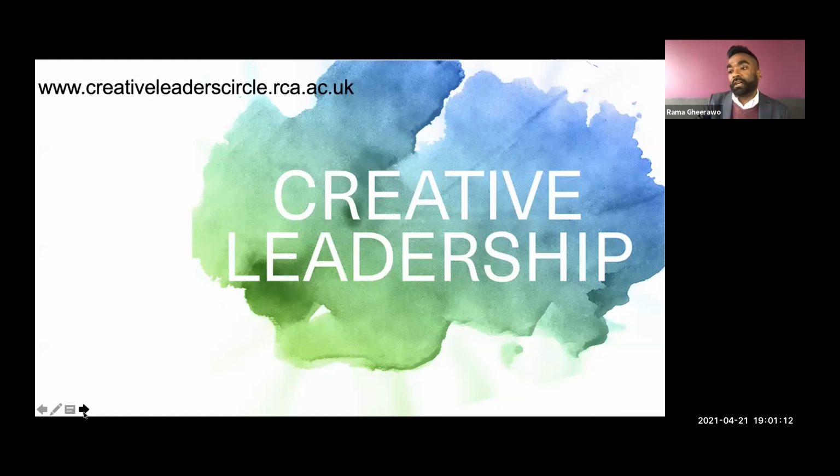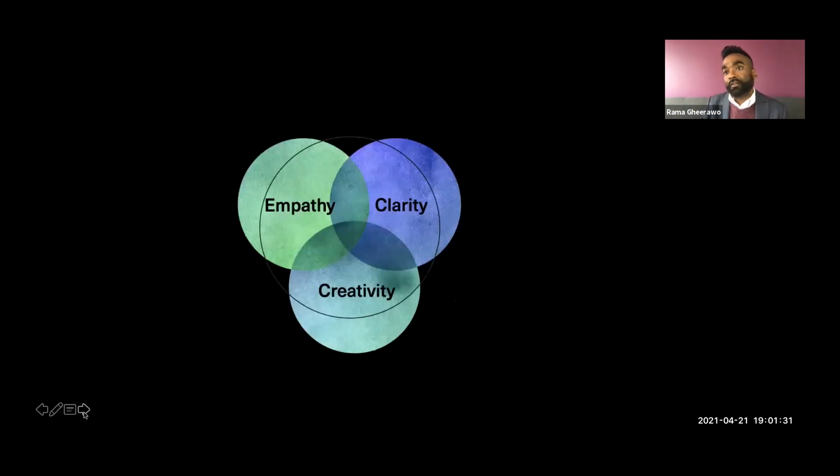Inclusive design is not enough unless you show leadership. And we have this idea at the center called creative leadership. So, and the website is on screen. You can join there if you wish, creativeleaderscircle.rca. And it's just based on the 3 values of empathy, which is very much in inclusive design, and creativity in design,